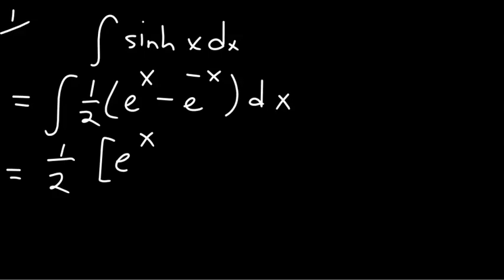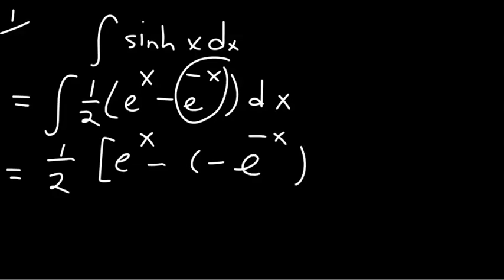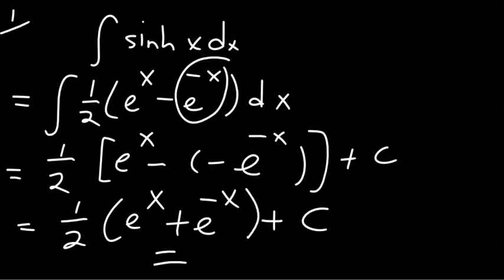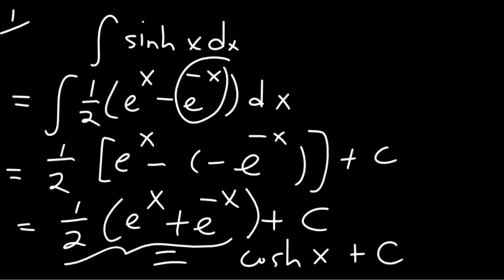Integrating e to the power minus x will give you minus e to the power minus x plus an integration constant c. And this is half e to the power x plus e to the power minus x plus an integration constant c. And the first term is just the hyperbolic cosine of x plus integration constant,